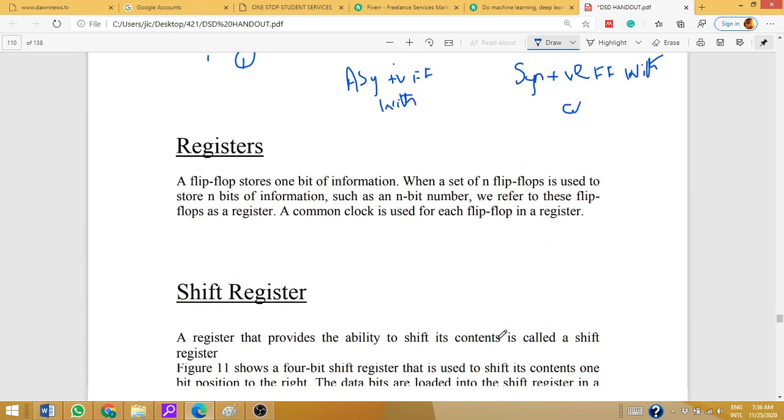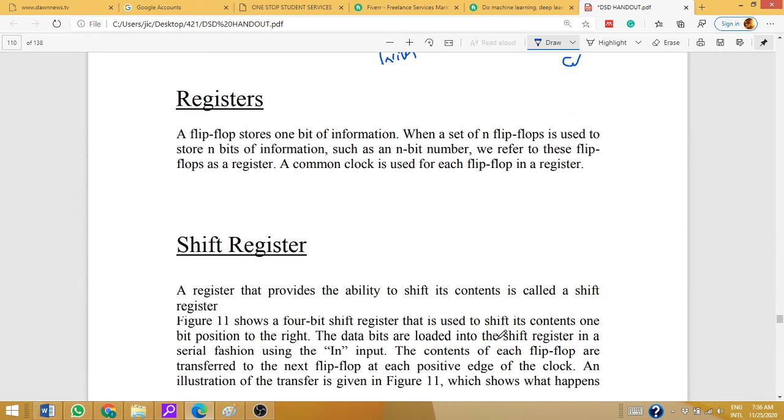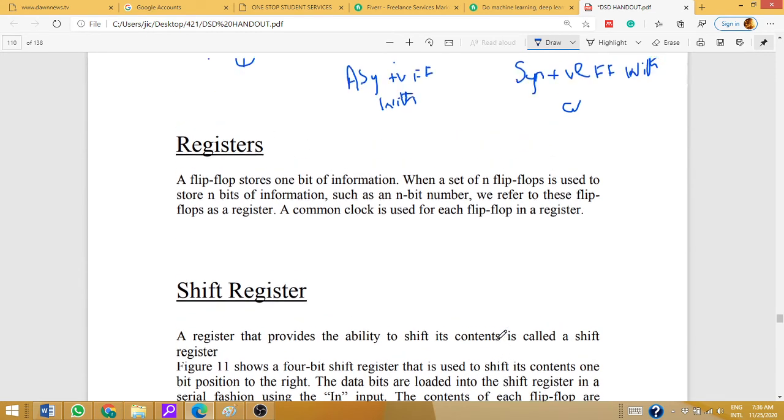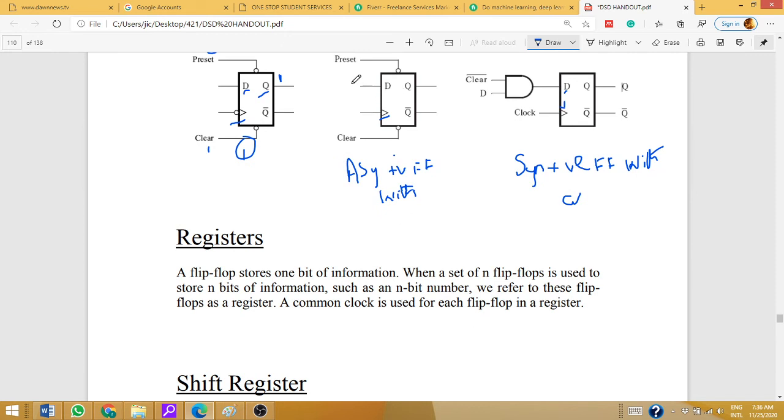Now what we are going to discuss now is registers. A flip flop is holding only one bit, for example 1 or 0. If we need to hold many bits, for example 8 bit or 16, 32, if you combine, 1 kilobyte, 1 megabyte, 1 gigabyte, they are the memories. So it is a combination of many flip flops. Memories generally are made up of flip flops or capacitors. So what is a register? As we discussed, a flip flop stores 1 bit of information.